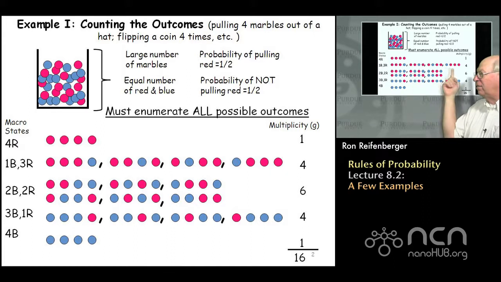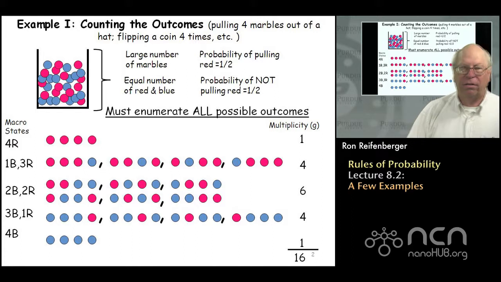Those different ways lead to different multiplicities. I've tried to schematically indicate the different ways you can get, let's say, 1 blue marble when you pull 4 marbles from the hat. The multiplicity of this particular outcome is 4. The multiplicity of the 2 blue, 2 red outcome is 6. You can add up all these multiplicities and it gives you a total number of 16 possible outcomes for